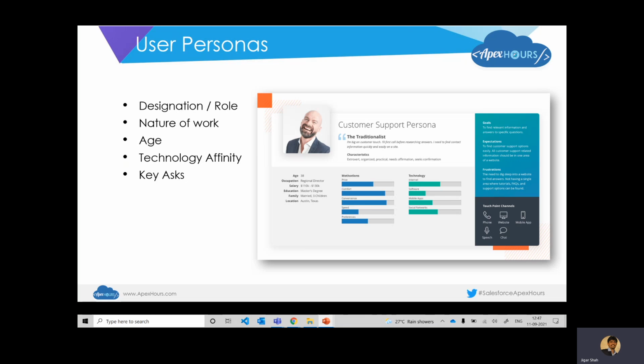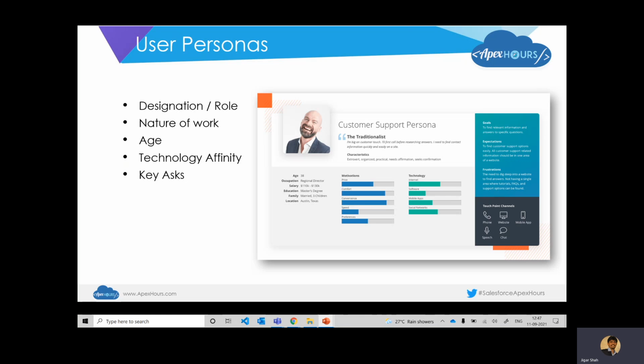They could be spanned or segregated based on their nature of work, right? And hence, understanding the designation, role, or the department or function that a particular user belongs to is often essential, right? Now this doesn't mean that if you have, let's say, a thousand users of your system, you will have a thousand user personas. No, that's not the case, and we'll talk about that.